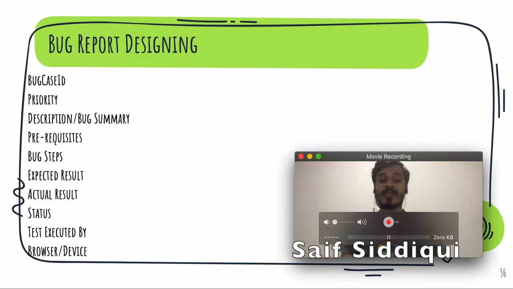The next is bug steps, and in bug steps we write all the steps that we need to do in order to reproduce that bug. Say for example, I'm not able to log in into the Facebook app, then my bug steps will be enter correct username, enter correct password, and tap on login button.